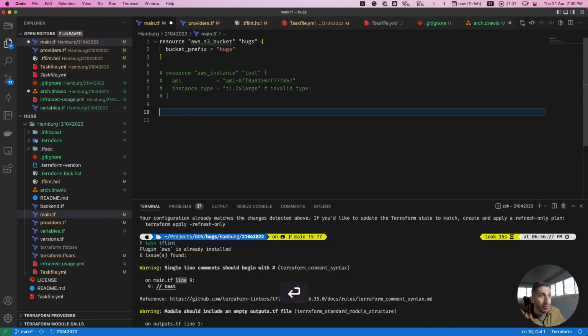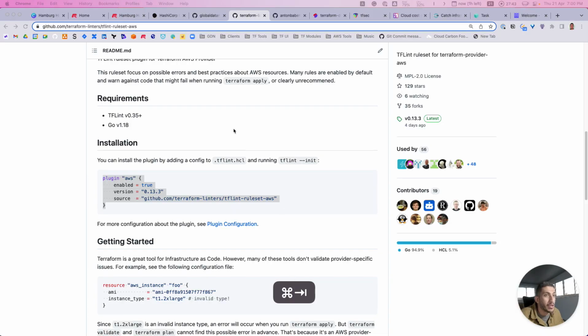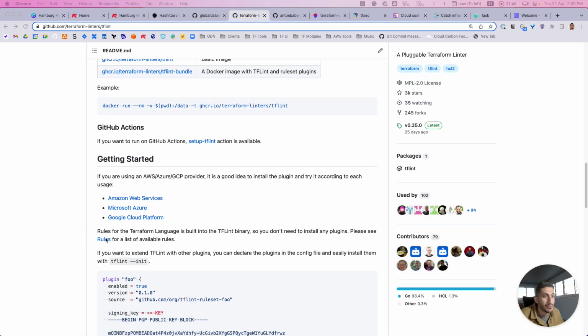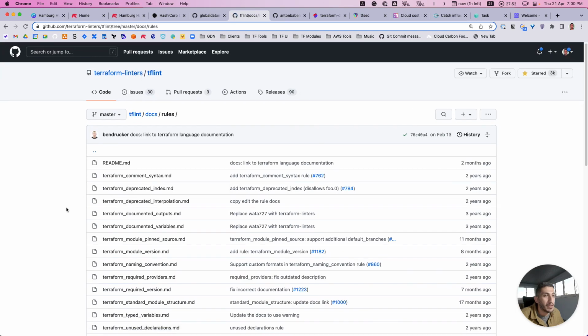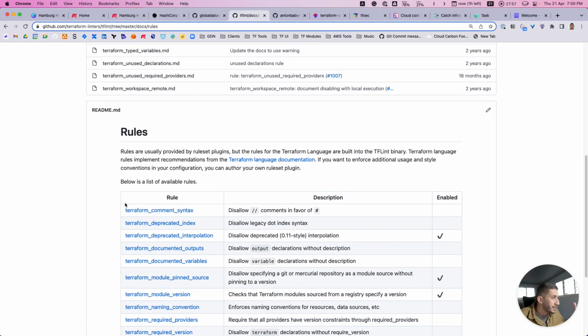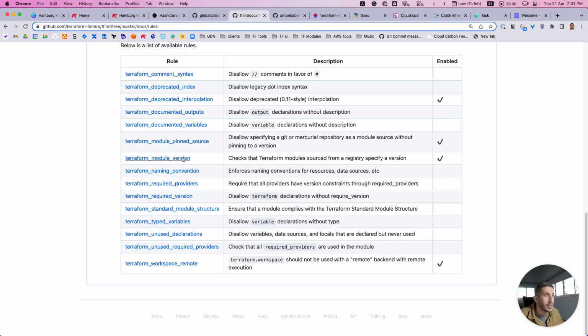For TFLint rules, there are general rules that you can see and check. So let's go back. If you go to rules on TFLint, you can find a bunch of best practices. This is not mandatory. We don't force you to use them, but at the end it will give you a clean, quality Terraform module, if you have written one for public use, or if you have written modules or templates for your customers or clients. These make sure that you are providing quality Terraform code.